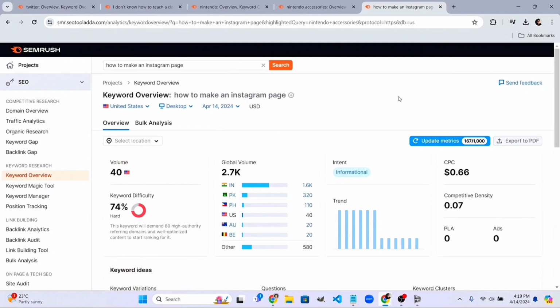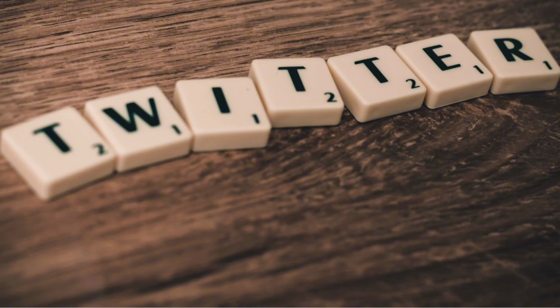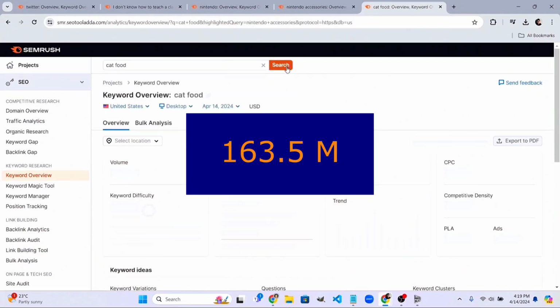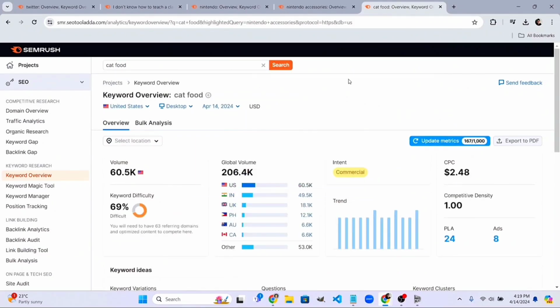One of the most popular keywords in the world is Twitter. People search with that keyword about 24.9 million times per month in the US and 163.5 million times per month worldwide. If you could rank number 1 on Google for that keyword, you would get hundreds of millions of site visits per month